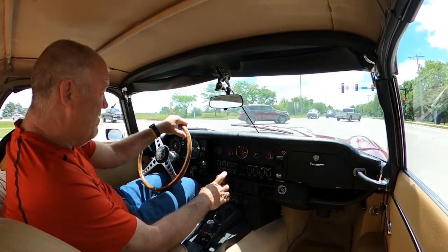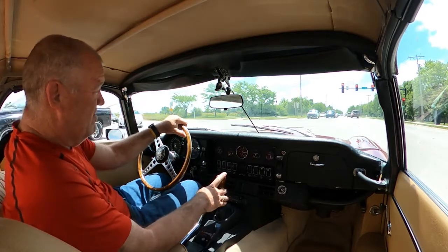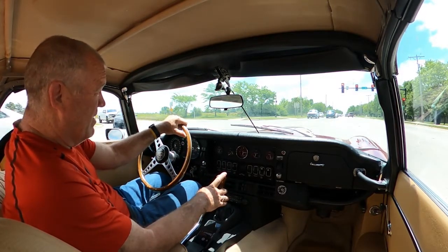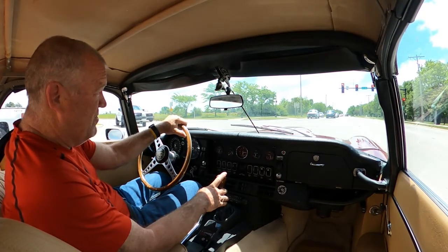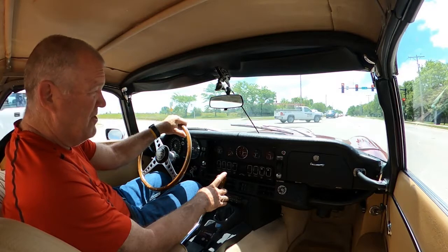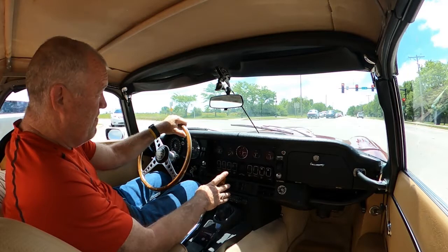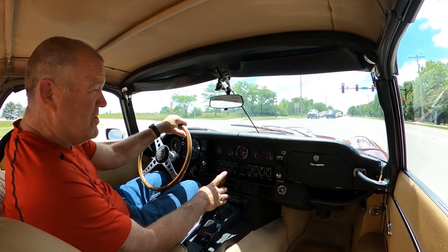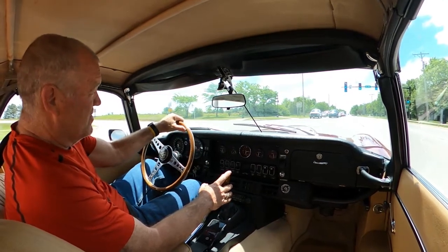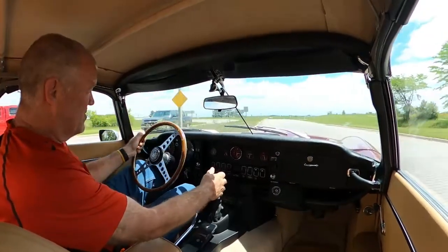So the V12 here is 5.3 liter, so about a liter bigger than the 6-cylinder. I think the horsepower wasn't too terribly much different. I think it was probably in the 230, 240 range. The car's a 4-speed. By this time, the car was, like a lot of cars, I think of the 240Z and others where